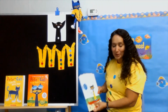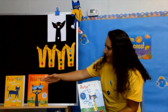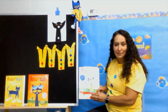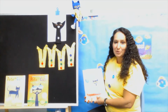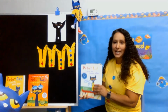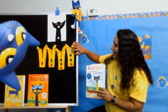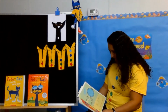Did you guys like that book? I love Pete the Cat books. Look at all the other Pete the Cat books that we'll be reading throughout the week and maybe the month. There's a lot of Pete the Cat books out there. So when you go to the library or the store, you can maybe get one of these books to read with your family. Did you also notice that in this particular book there was math? Math is fun. In this book they had the buttons, and I saw on one of the pages